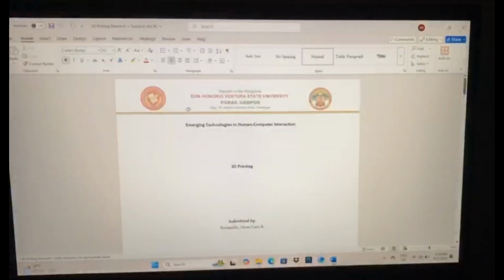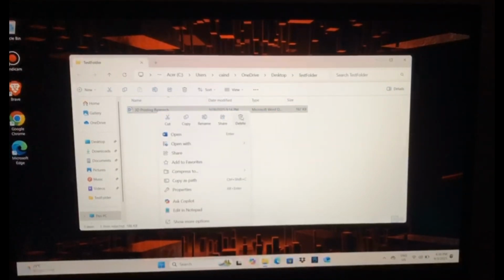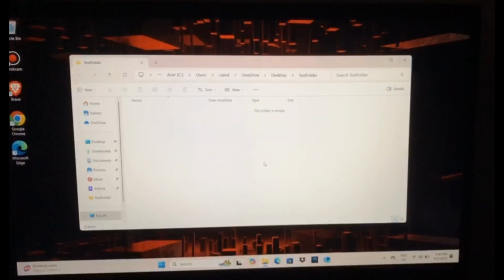So as you can see, it can be read since modify includes the read permission. Now we're gonna try to delete it. Click delete. Yes. So now the file is deleted because the standard user account has permission to modify.